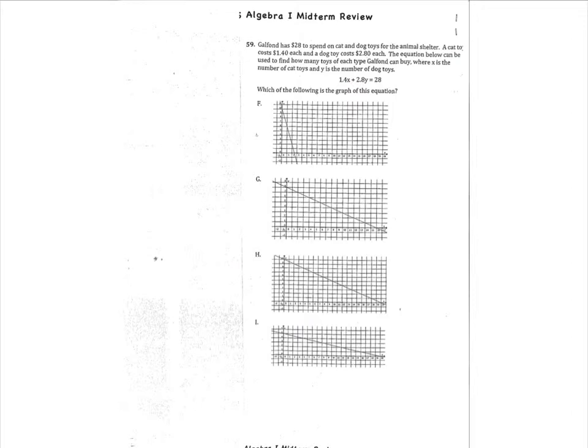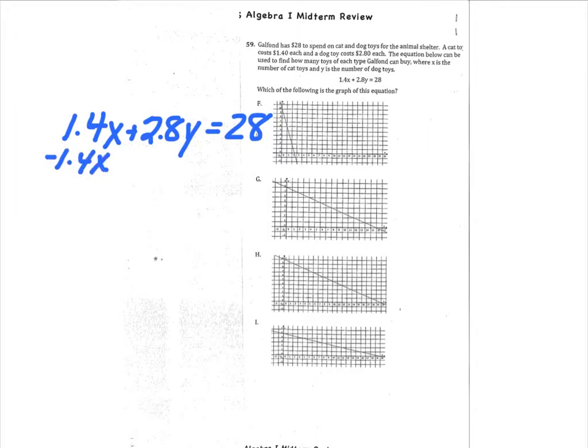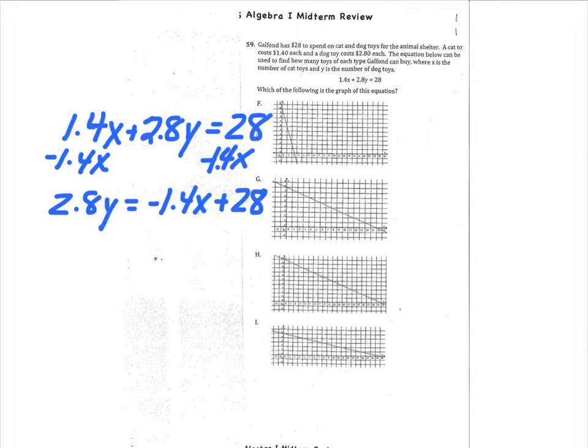That's okay. So we start out with 1.4x plus 2.8y equals 28. And I'm going to start by subtracting 1.4x because I'm getting it in y equals mx plus b form. And so I get 2.8y equal to negative 1.4x plus 28. And now I'm going to divide both sides by 2.8. And I'll get y equals